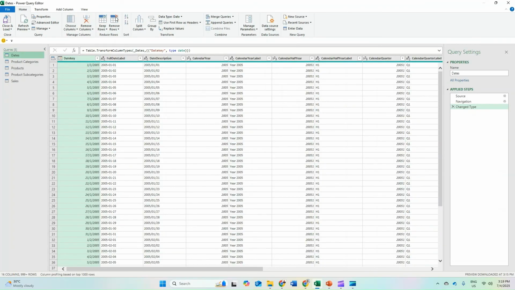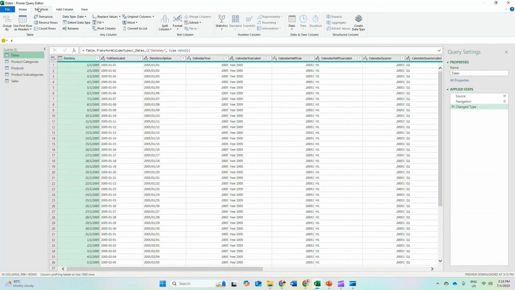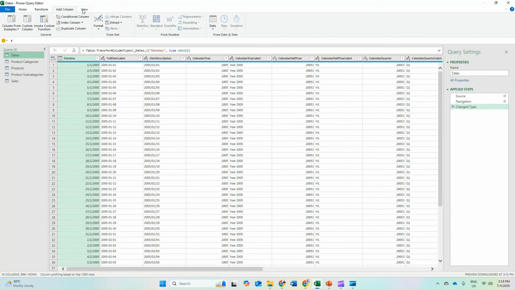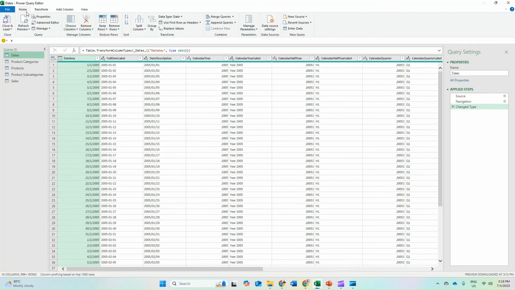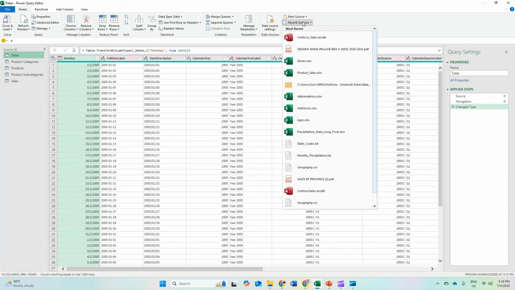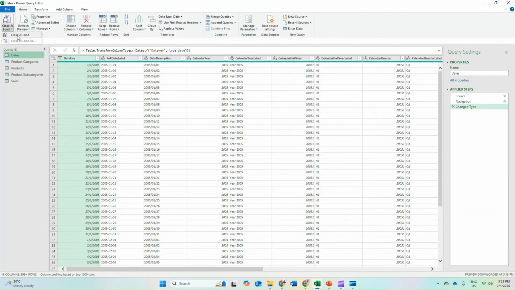Here you can transform, add columns, or view. To change your data, remove, or add a new file, you can use it from here, and then Close and Load.